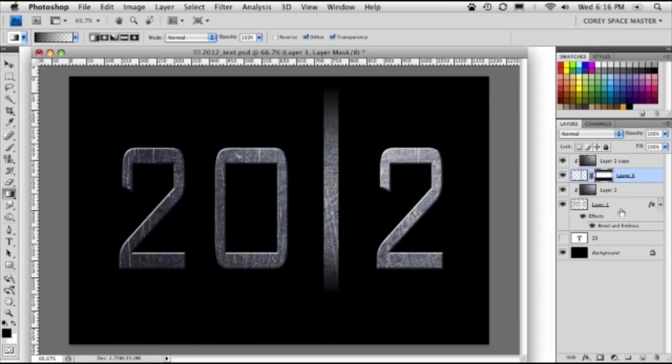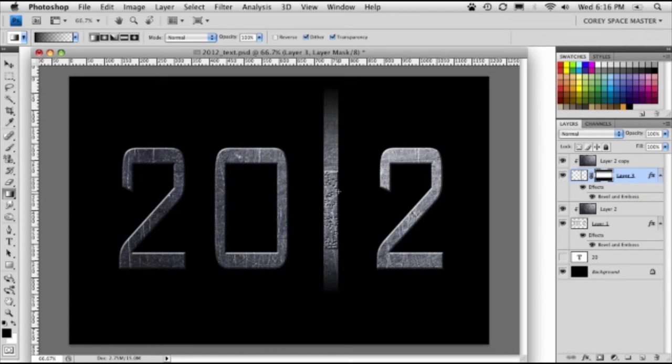And let's go ahead and put the same bevel and emboss that we put on the 2, the 0, and the 2 here on this layer. And I'm just going to do it quick and easy. Just hold down the Option key, Alt on Windows, and click right on the effects icon here and drag it to the target layer. Boom. Takes that in there. Now, you can see it's giving me an interesting beveling effect in here,